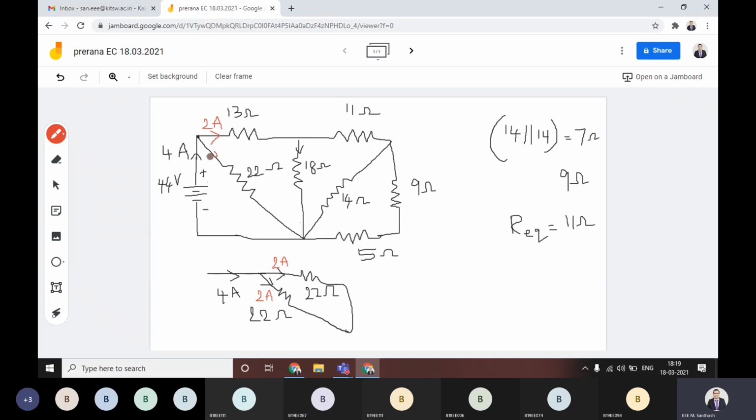Okay. Then again this 2 amperes is going up to this point. At this point again it is dividing into 2 parts, and this side is 18 ohm and this side is also 18 ohm. Equally it will divide. What is the current flowing through 18 ohm? Simply 1 ampere. As simple as that. If you have this kind of calculation, you can solve this kind of problem within 40 seconds or 30 seconds. Easily you can solve if you have the idea.